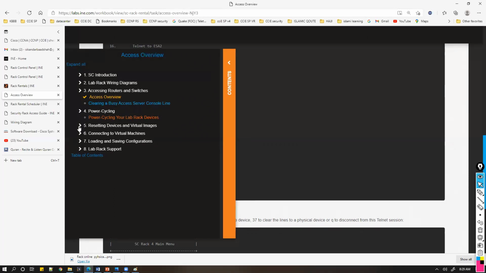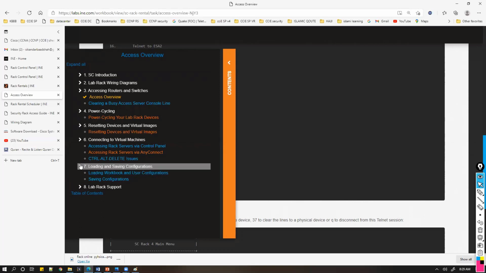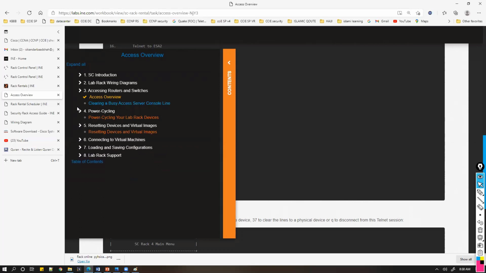And similar way, you can find the other documentations. While we are connecting to virtual machines, again, we'll see this. If you're practicing the labs based on the INE, then probably you can load the configs from there. Now, these are some of the options you have. Once the rack time starts, I think it's almost there, we will try to access the devices, and we'll also set up the basic configurations according to our topology here.